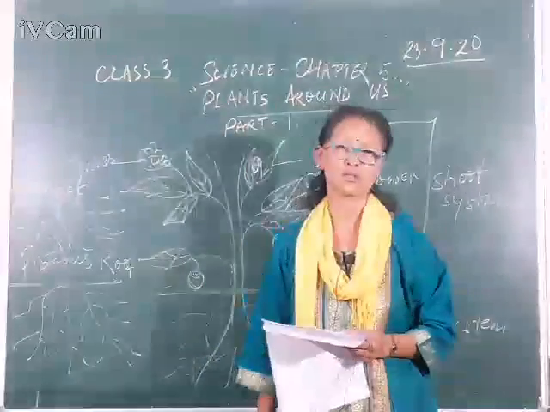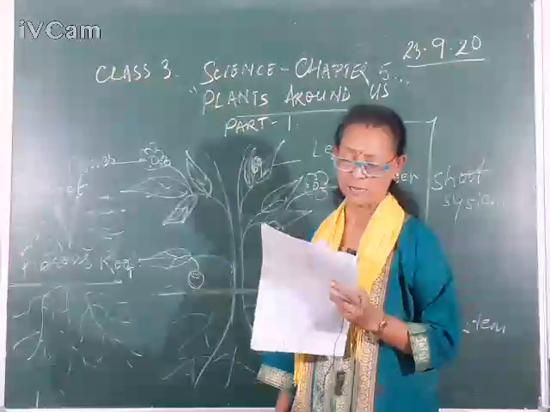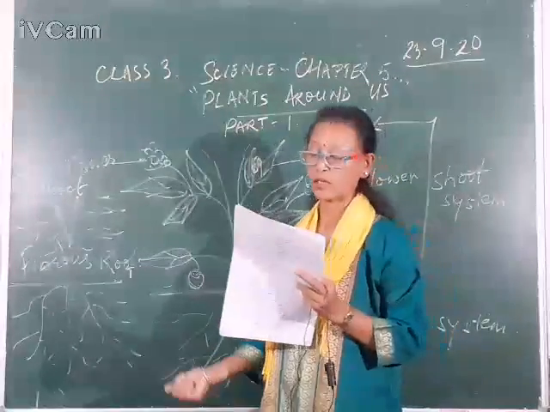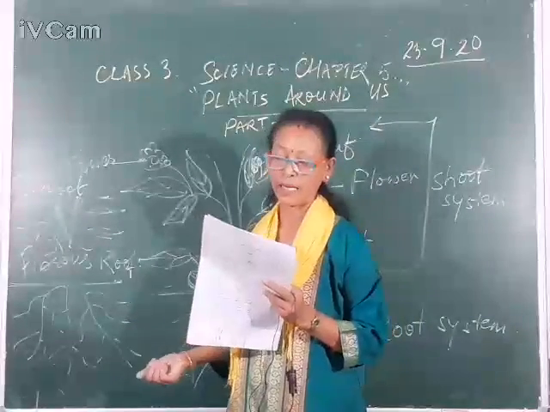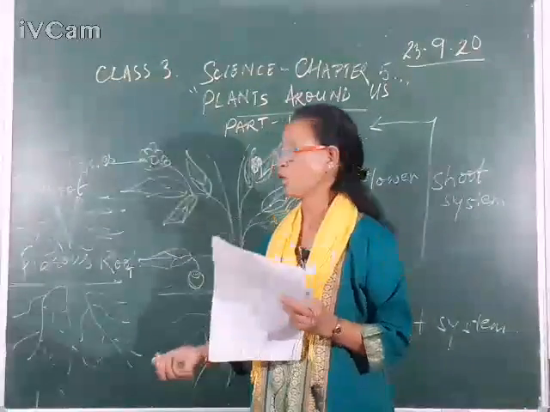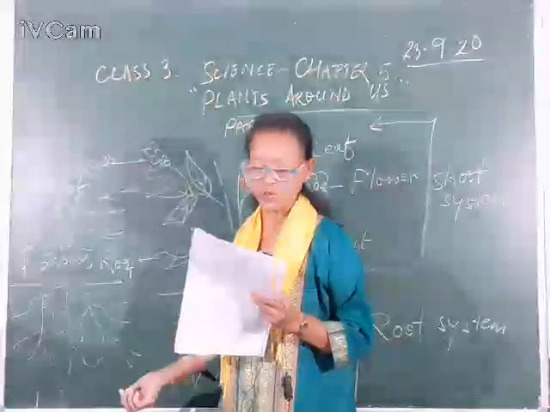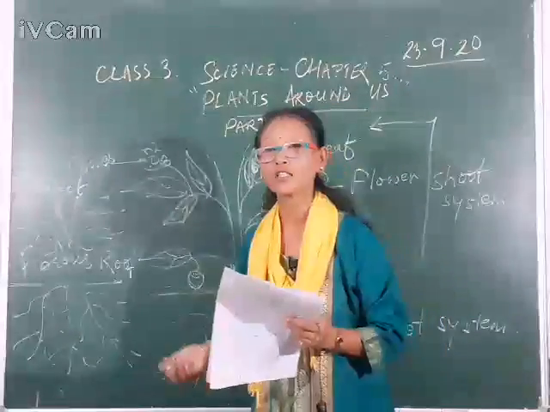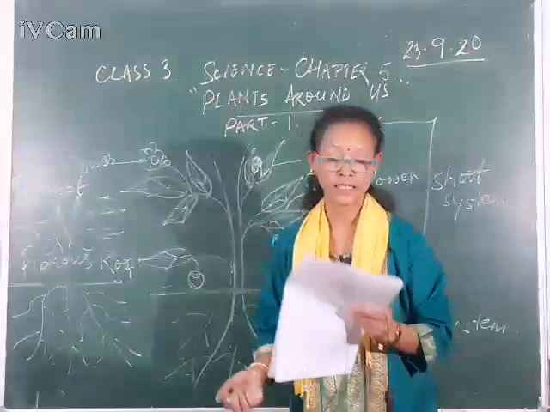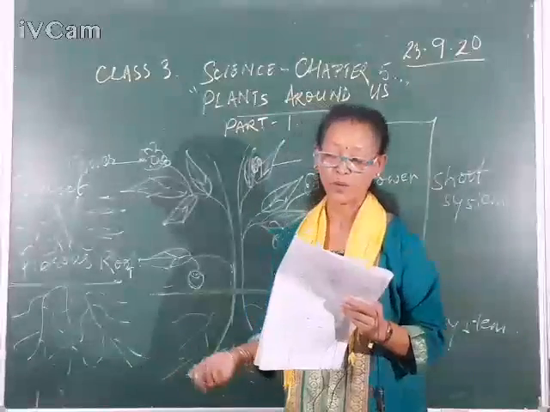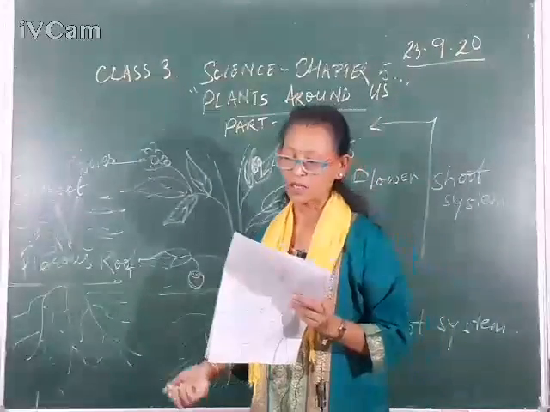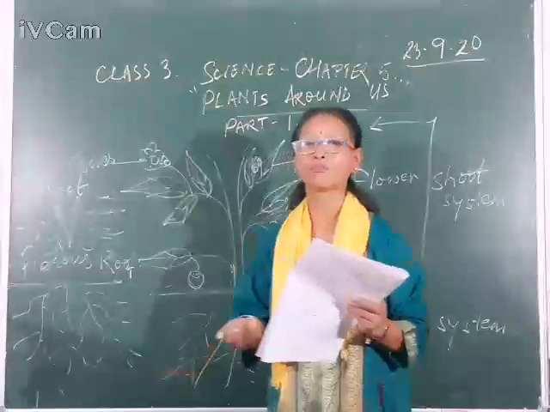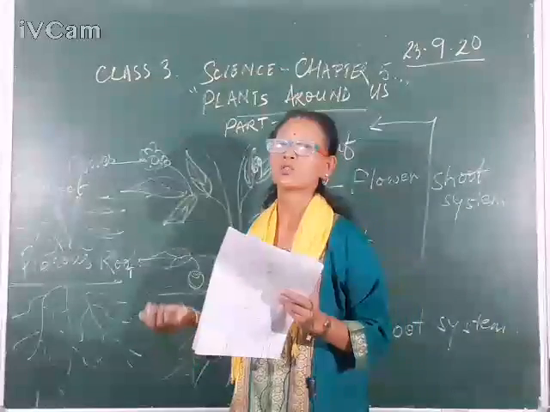What do you mean by soil erosion? There is a new word given again, isn't it? New words came today. So soil erosion is when soil gets washed away by water or by rain. Understood? Soil erosion is when the topmost layer of the soil, which is very fertile, is washed away by water and gets deposited somewhere else.